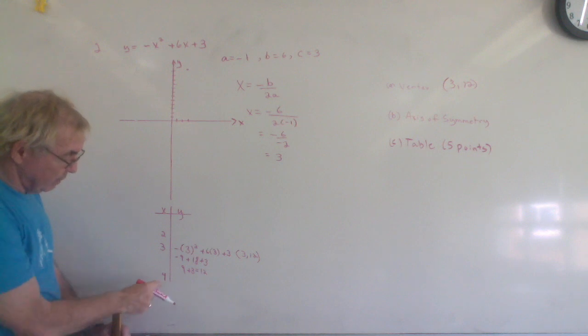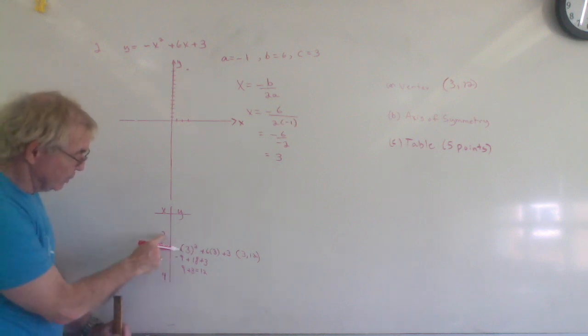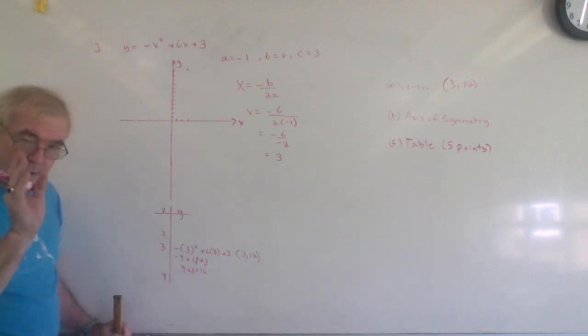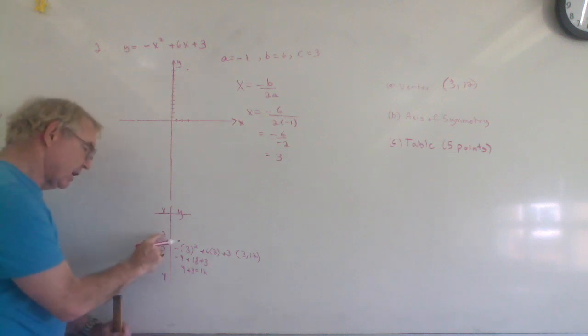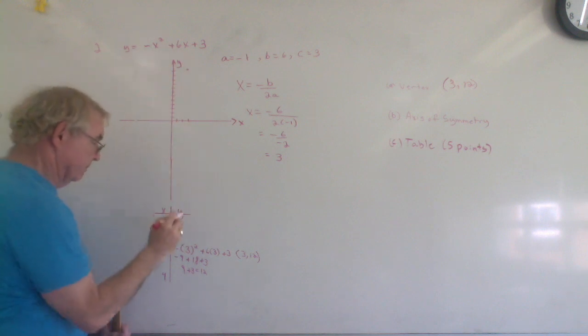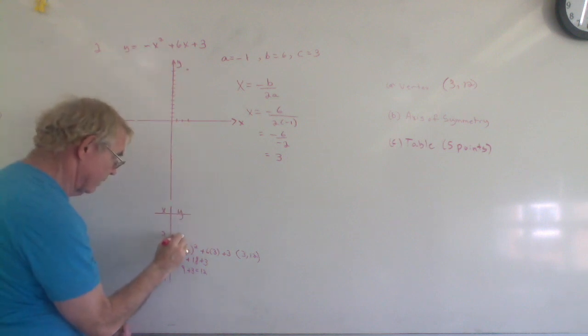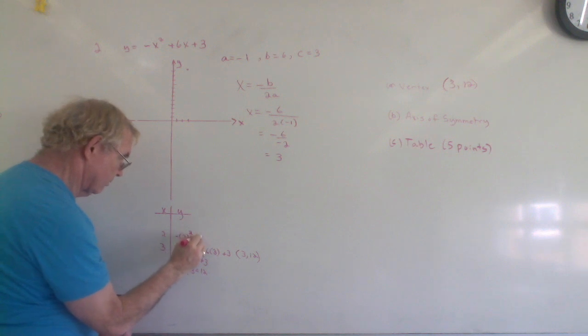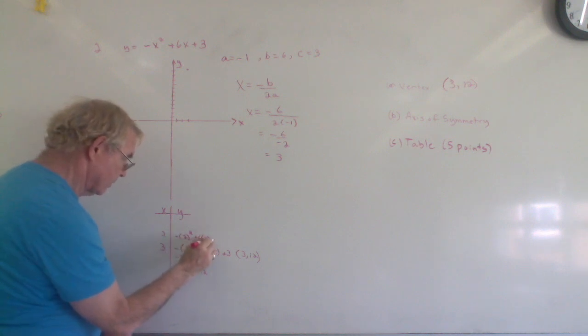What's easier to put in? Because they're going to be the same value. Is 2 easier to put in there, or 4? That's your choice. But I think I'll choose 2. So in place of x, we're going to put 2. So we have -2 squared plus 6 times 2 plus 3,